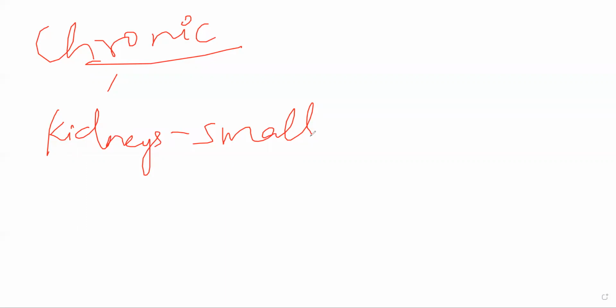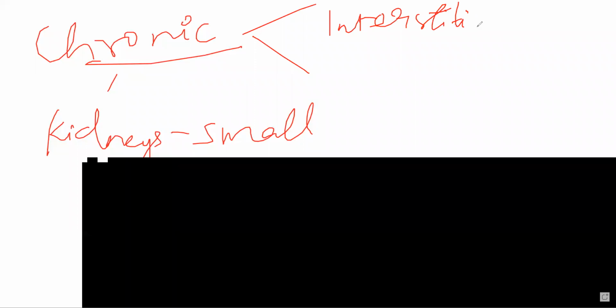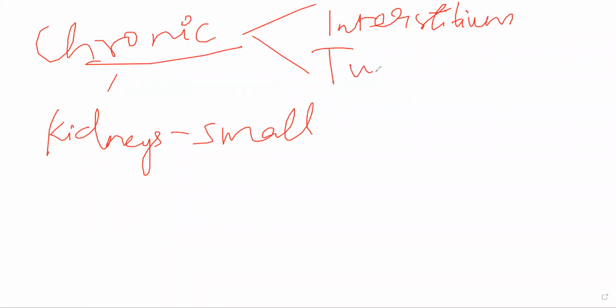As inflammation keeps going on, fibrin starts getting involved. Scarring is happening, meaning fibrosis is involved. You will see interstitial fibrosis. Along with that, in chronic pyelonephritis two main problems are happening: one in the interstitium, and one in the tubules, tubular damage. Essentially, there will be atrophy of the tubules, and sometimes the tubules will dilate as well because of the damage. They are not able to maintain their shape.